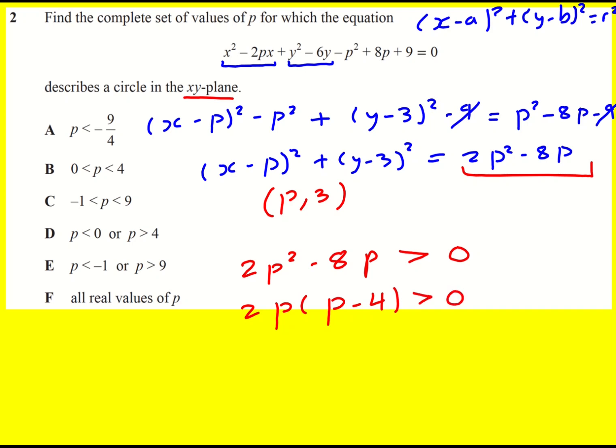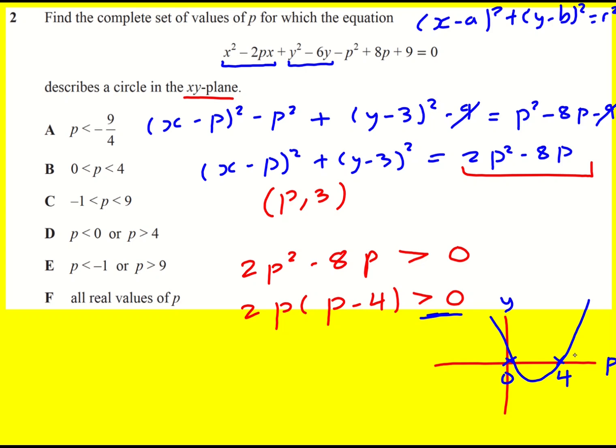giving me this. Sketch a little graph of y equals this function. We've got a root at 0 and at 4. I'm plotting y against p technically. This is a happy quadratic. It looks a bit like this. And I want to know where it's